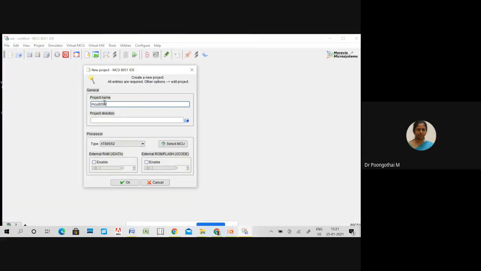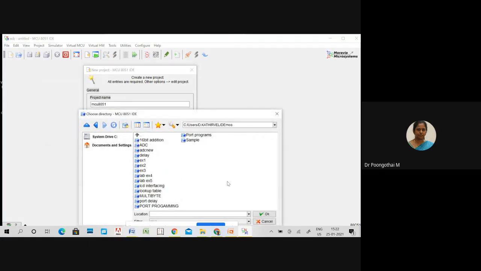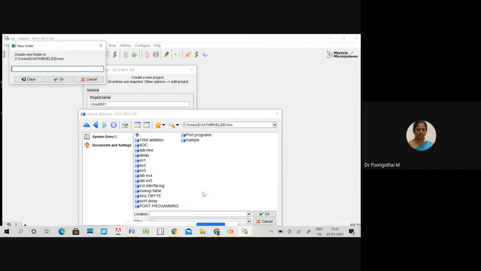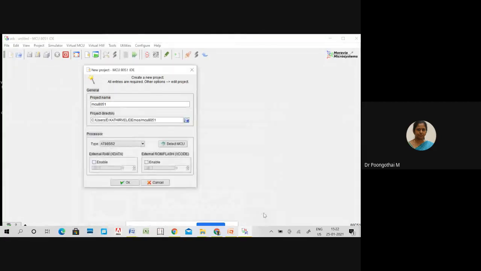After that, you have to locate your directory. So this is the directory. Here you have to create a new folder. Click OK. So now your directory is located here.